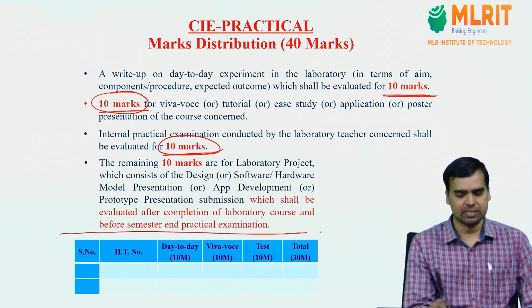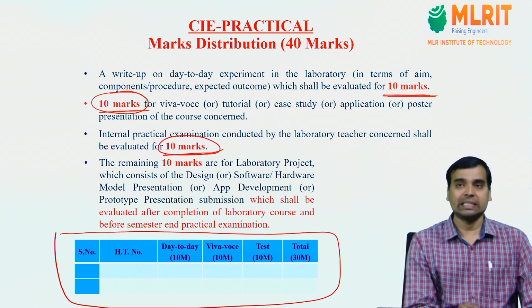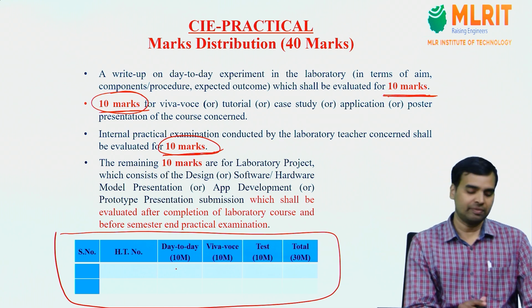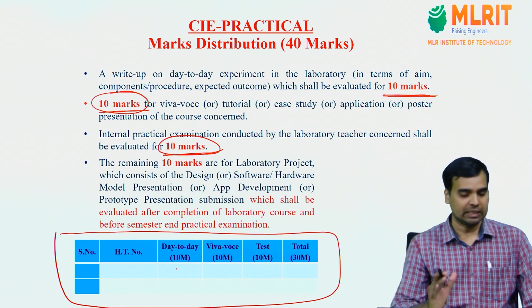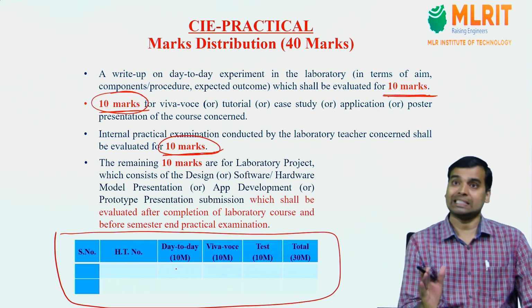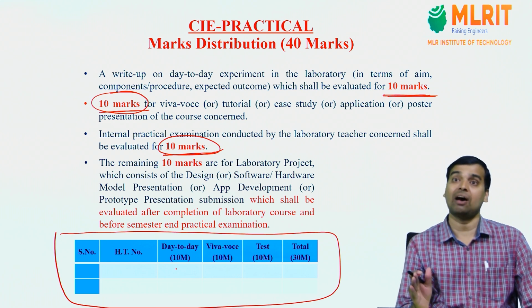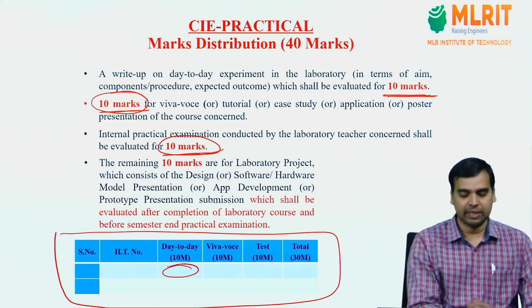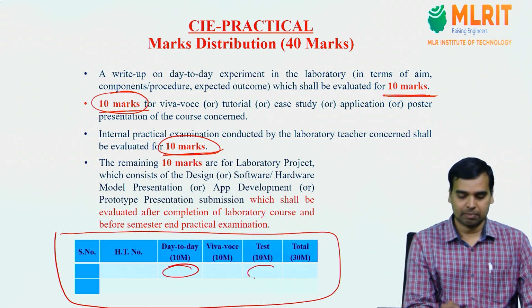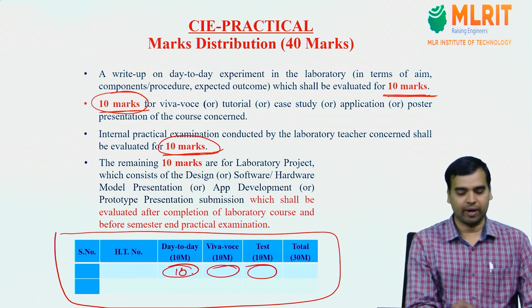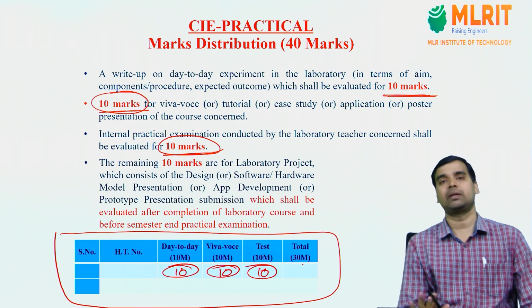Here you can see in this template, day-to-day marks. That means, while conducting each experiment, day-to-day marks. For example, if there are 5 experiments, each experiment is evaluated out of 10 marks. For the 5 experiments' day-to-day marks, they are going to take the average, and that average is taken as the day-to-day marks. And the lab internal exam is out of 20 marks, that is, 10 marks for the experiment and 10 marks for Viva voce. So finally the lab internal exam will be out of 30 marks. In such a way the lab internal exam is going to be conducted.